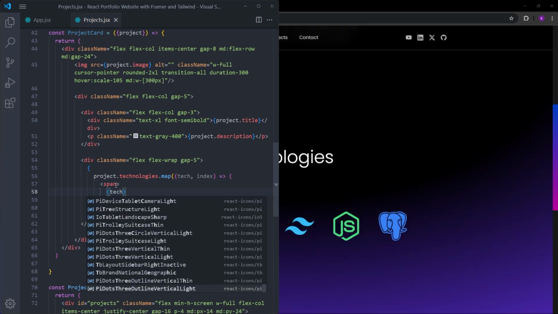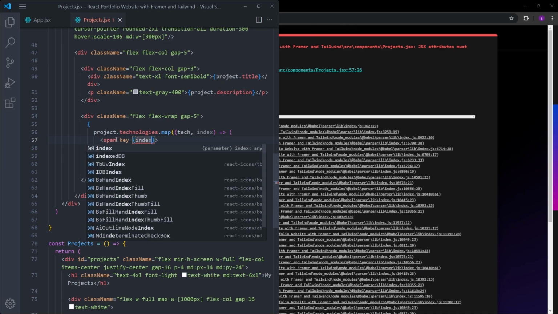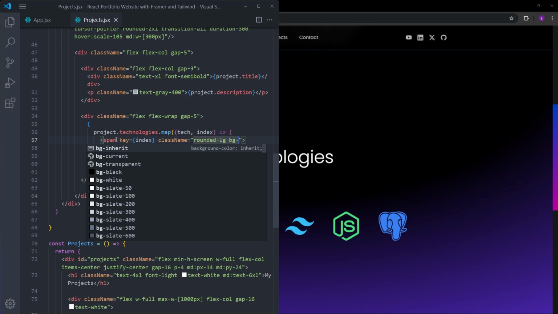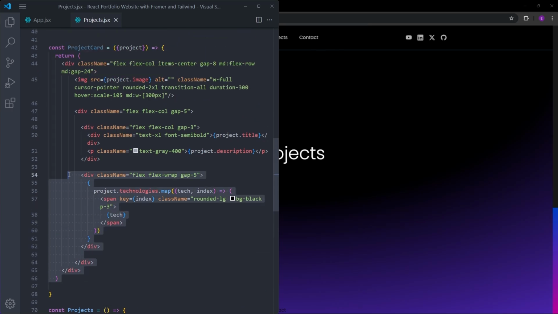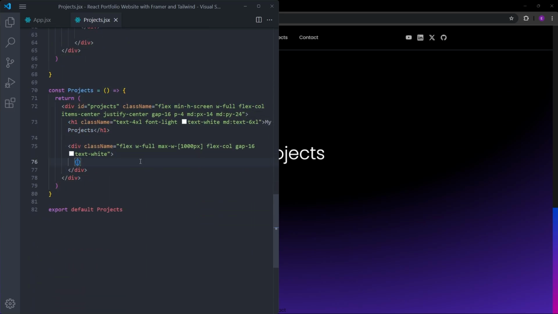Display the tag. When you use the map function to create elements like this, you need to give them keys. In this case, the index is going to be key. Let's give it some rounded corners, background black, and padding 3. So now that this card is done, we can go into the main component, and inside curly braces, again, we